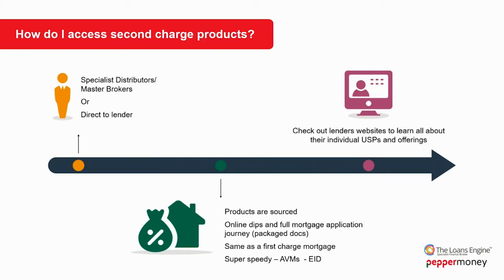However, if you were to come direct to us, when we're going through the fact find, the key things we're looking at is, do you regularly transact in second charges? Are you regularly seeing seconds every month? Do you have a panel of lenders so that we can be satisfied that you are giving the best advice and the best route to the applicant? So really speaking, if you only see the odd second charge every now and then,